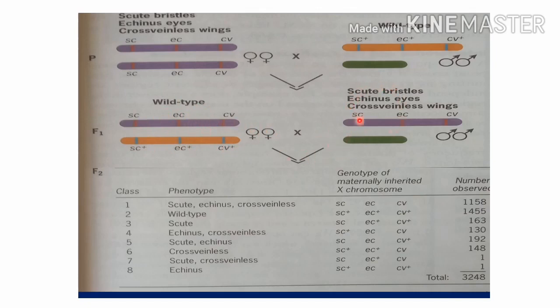These F1 females are crossed with the F1 males because each F1 male receives one mutated copy of each gene present on the X chromosome. As each male has only one X chromosome and the three genes are in mutated version, it is equivalent to a test cross, and through this cross all class 1 to 8 phenotypes are obtained. What type of characters these progeny show is represented here as phenotypes, and their genotype is represented here, along with the number observed, that is, in what number these progenies are obtained, and the total progeny is